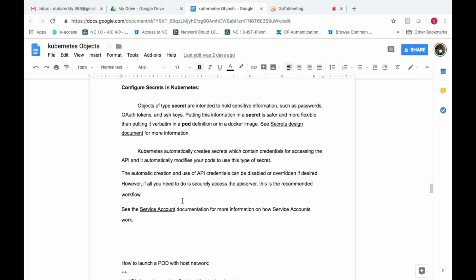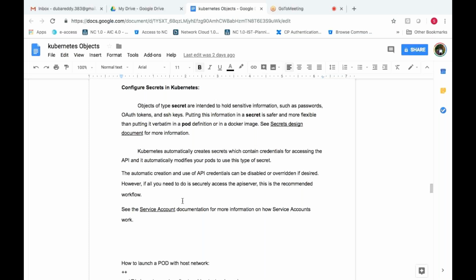When a person is looking into my YAML file, it should be in encrypted format. He should not be able to see the actual passwords or sensitive data. Sensitive data can be anything, right? Public keys, your SSH keys, your tokens, your username and password. These are called sensitive data.